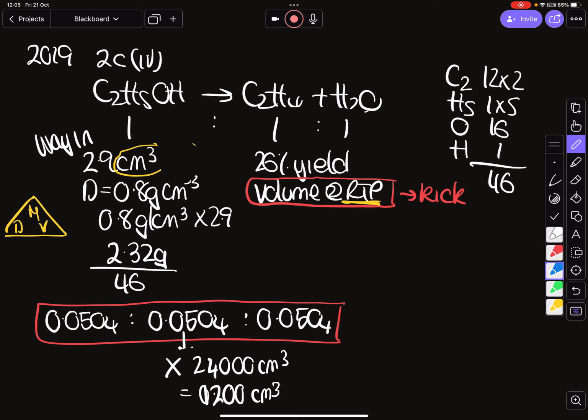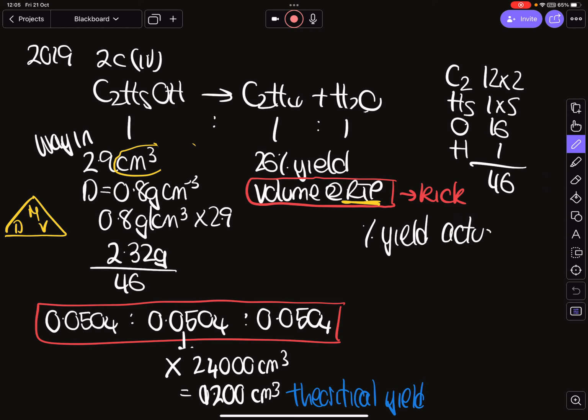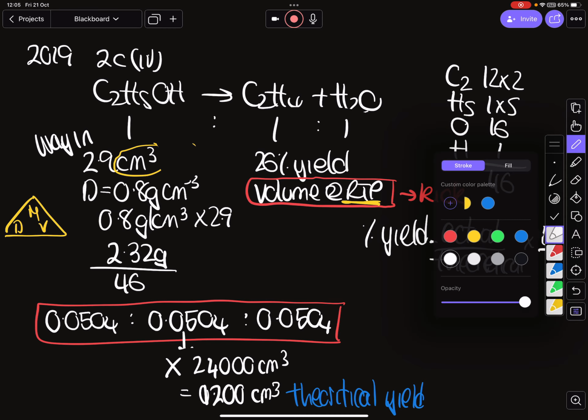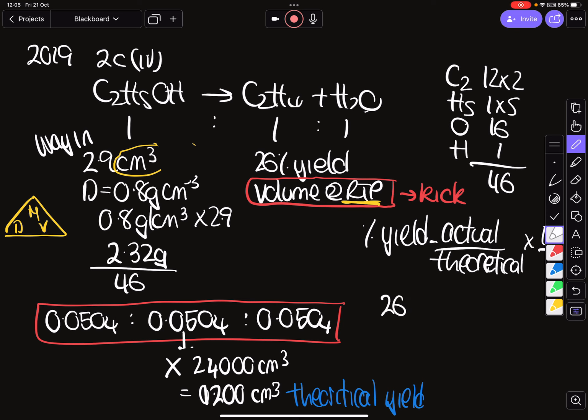Okay, so you need to recognize that this is a theoretical yield. And our percentage yield formula is actual over theoretical by 100/1. So we fill in what we have, because we do have lots of pieces of information. So what we have is we have a percentage yield of 26. We know that 26 is equal to an actual yield, which we don't know. Our theoretical yield was around 1,200 centimeters cubed,